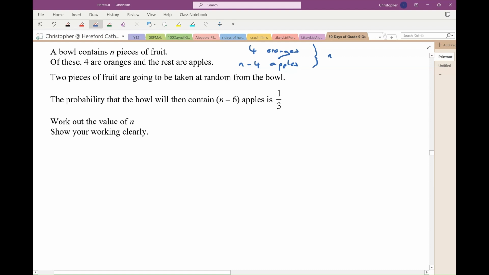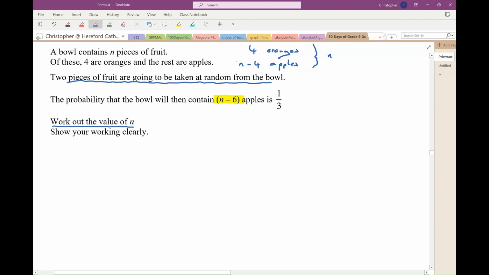2 pieces of fruit are going to be taken at random from the bowl. The probability that the bowl will then contain n minus 6 apples is a third. Work out the value of n. Now,